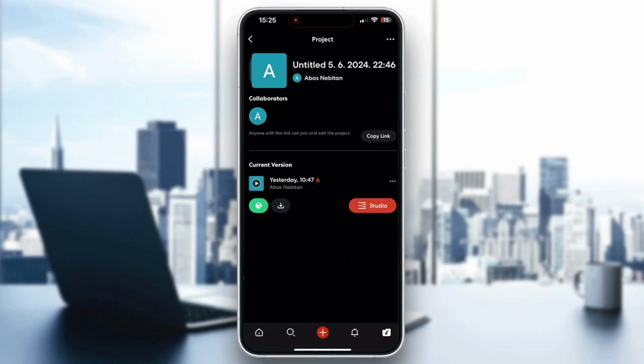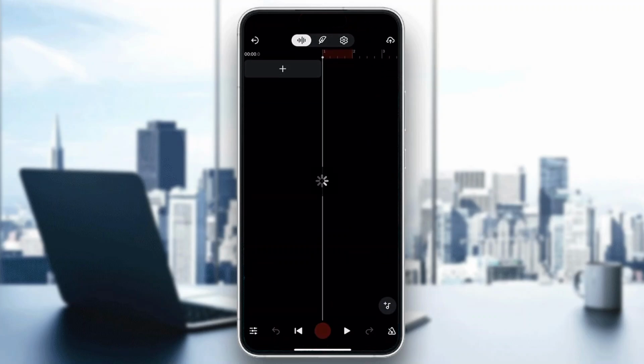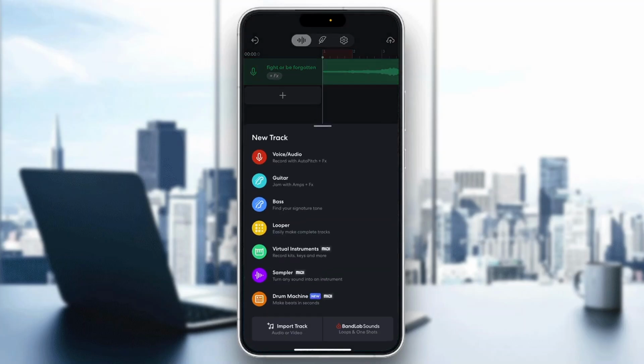So guys, let's open up one of our files right here that you have, and after opening it up, this is how it's going to look like. So guys, let's see what we can do to add the stutter effect. Basically guys, you will want to add more tracks right here. So you want to add the same track multiple times,